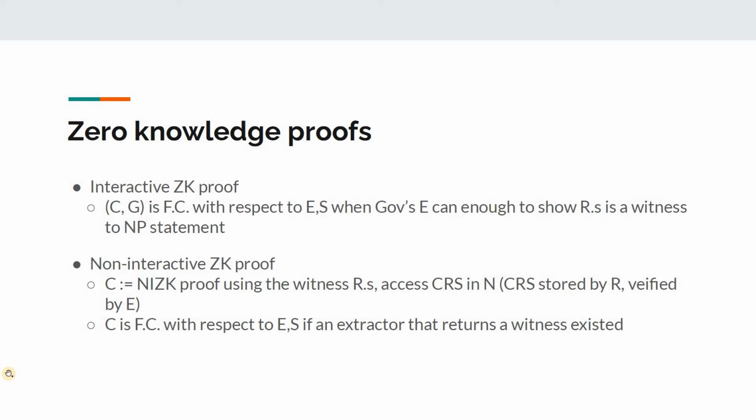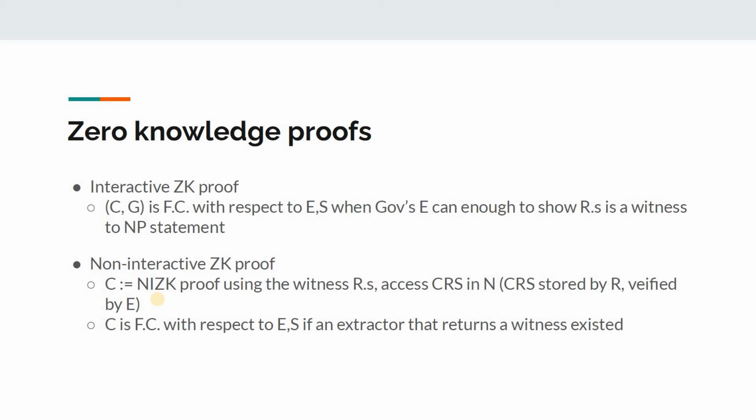Next, we look at the non-interactive ZK proof, and we have a C, a compelled action, which is the NIZK proof using the witness of RS and able to access the CRS, which is the short term of common reference string, and it is stored by the respondent and verified by the evidence here. And the C that we mentioned here is a FC with respect to E and S if an extractor that returns a witness